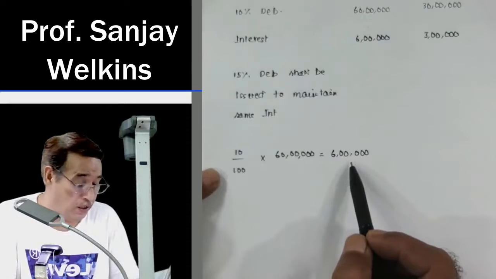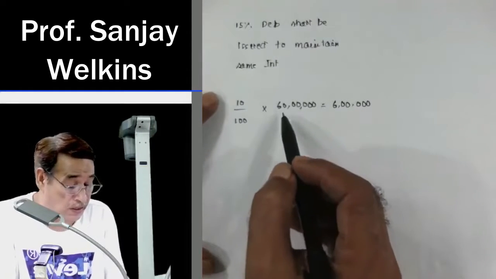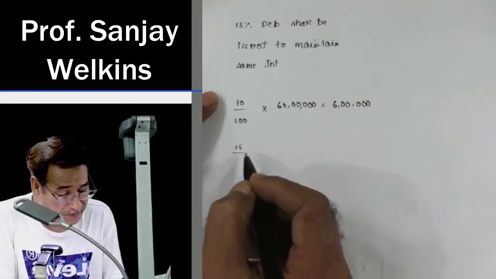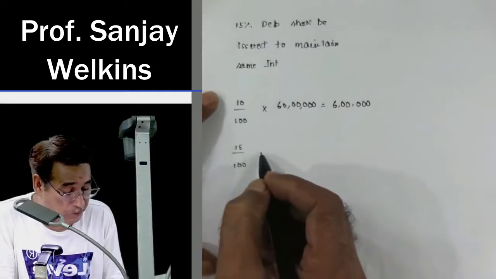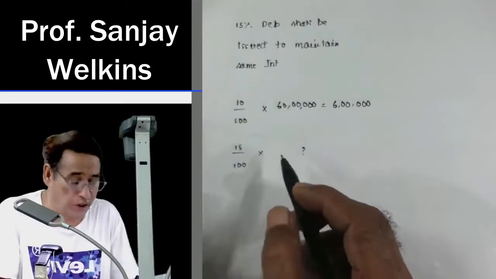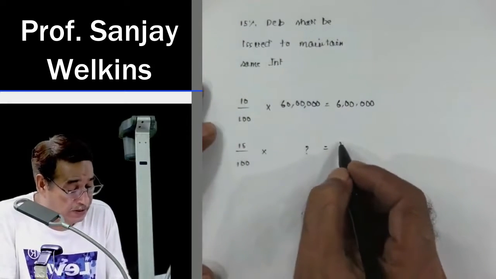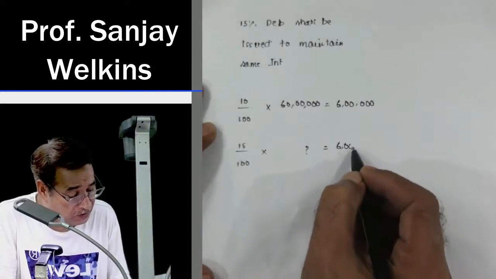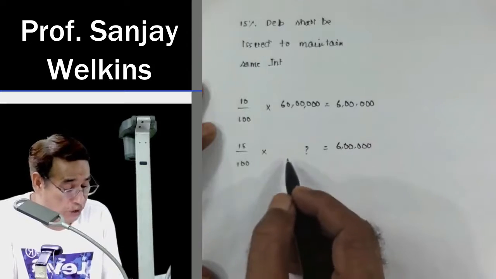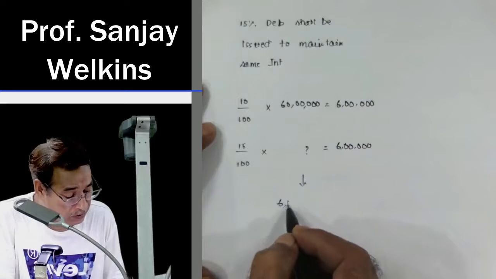Debenture holders are getting interest of 6 lakhs, correct? Now, in order to discharge these 60 lakh worth of debentures, we are offering 15% debentures. Now, the question is, how much worth of debentures should I offer so that the interest amount still remains 6 lakhs? So now you can find out this figure, and it will be equal to 6 lakhs